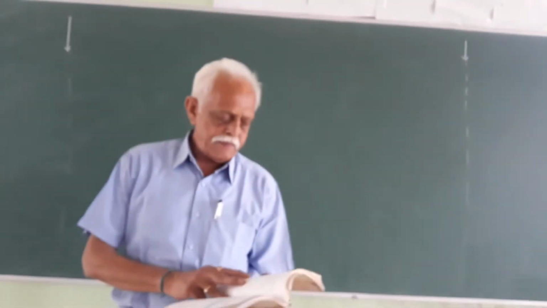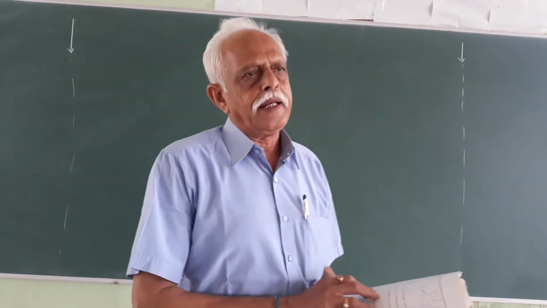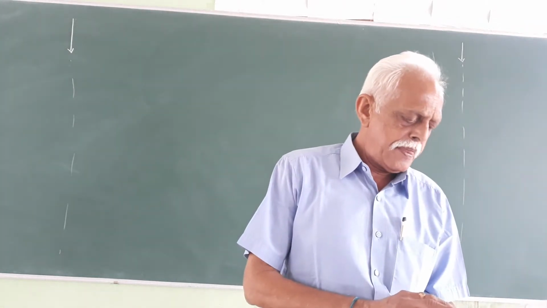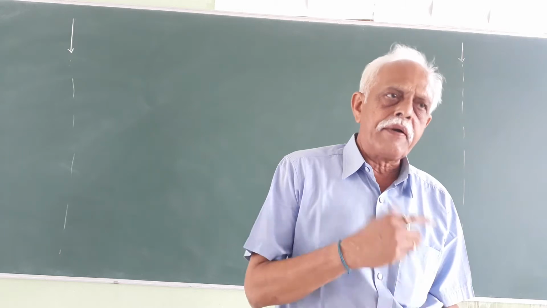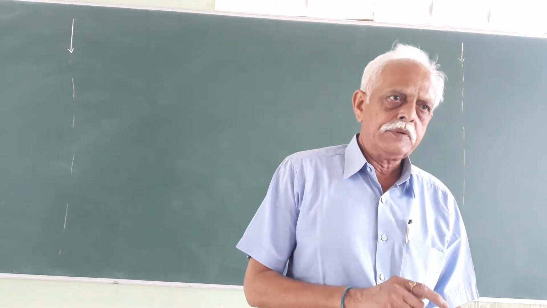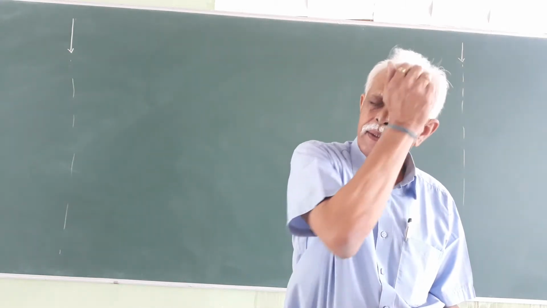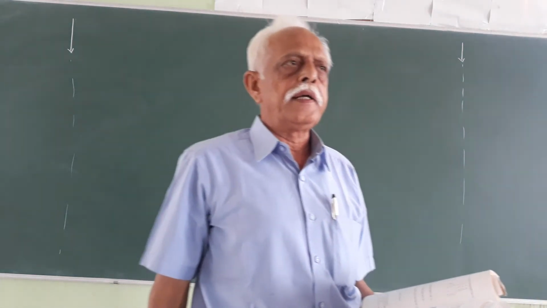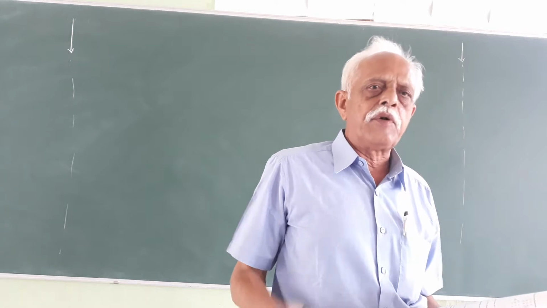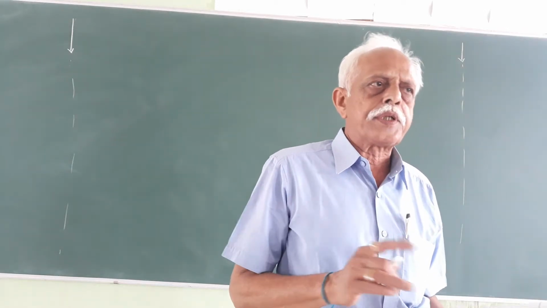So I said problem number 12 is the most important problem, and I am revising that again, because A and B, two matrices are given. We have to show that (AB) whole inverse is equal to B inverse into A inverse. It is the most important model. So follow carefully.